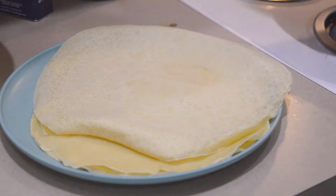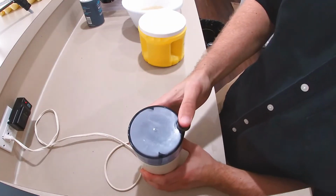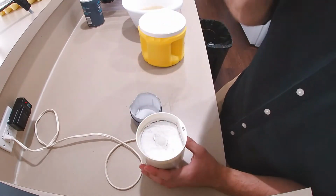And now with your crepes all prepped for today, let's start with our first filling, the breakfast peanut butter and Nutella crepe. First things first, we're going to be making a bit of powdered sugar by blitzing a few tablespoons of granulated sugar in a coffee or spice grinder. This is a great fix for when you just need a pinch of powdered sugar and don't want to buy